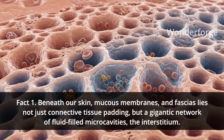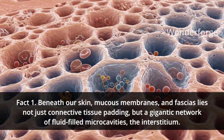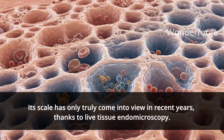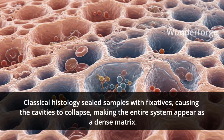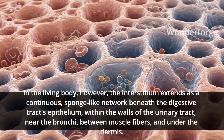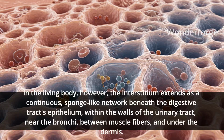Fact 1. Beneath our skin, mucous membranes, and fascias lies not just connective tissue padding, but a gigantic network of fluid-filled microcavities, the interstitium. Its scale has only truly come into view in recent years thanks to live tissue endomicroscopy. Classical histology sealed samples with fixatives, causing the cavities to collapse, making the entire system appear as a dense matrix. In the living body, however, the interstitium extends as a continuous sponge-like network beneath the digestive tract's epithelium, within the